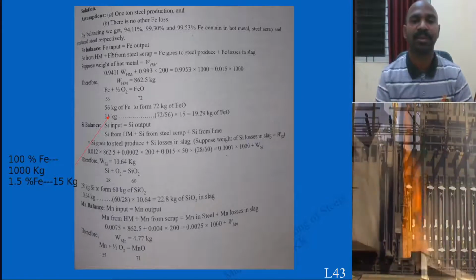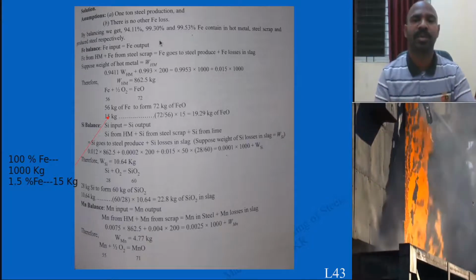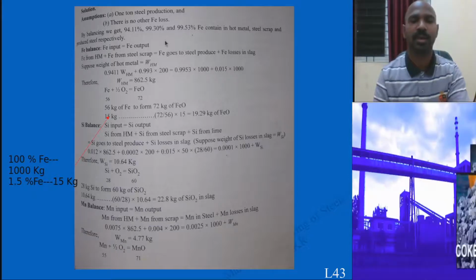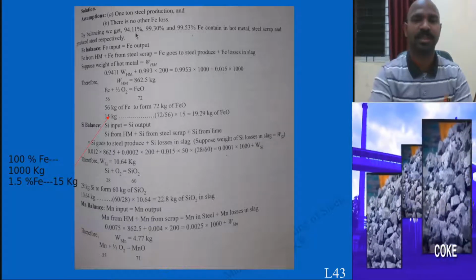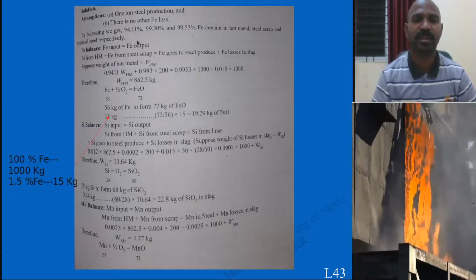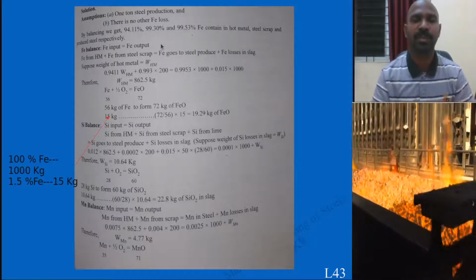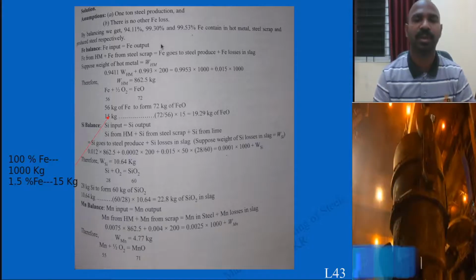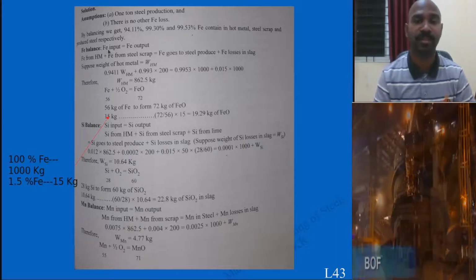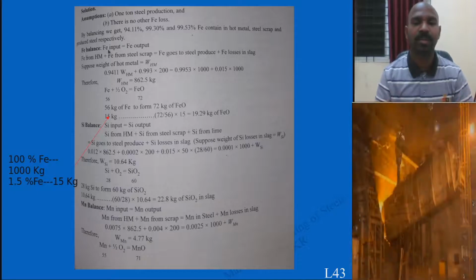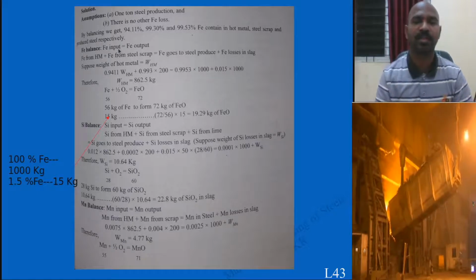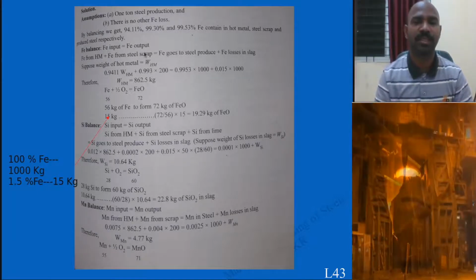The first question is the weight of the hot metal. Hot metal is mainly related to the iron. Since it is steel, whenever it is asked the weight of the hot metal, the weight of the iron ore, or the weight of the steel, it is related to the iron. You need to write down the iron equation and calculate iron input and iron output, the simple equation.